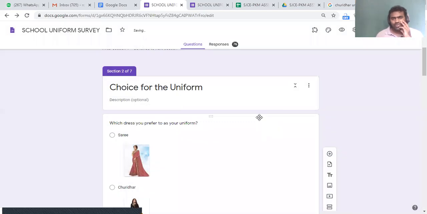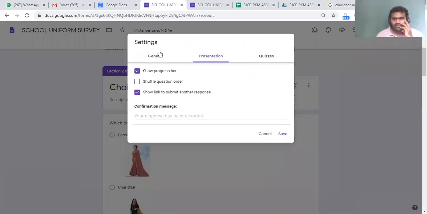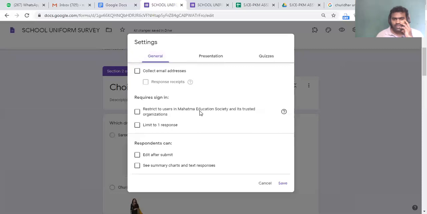I hope now you may be getting it. If we select show progress bar, I think we'll have it. Usually the back button comes.